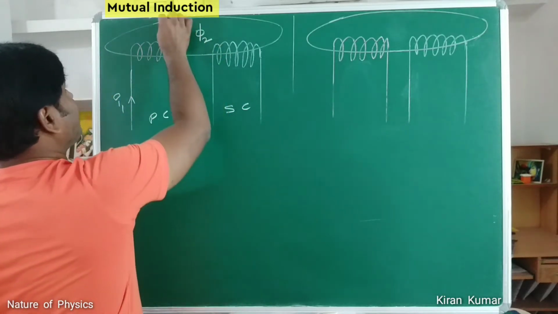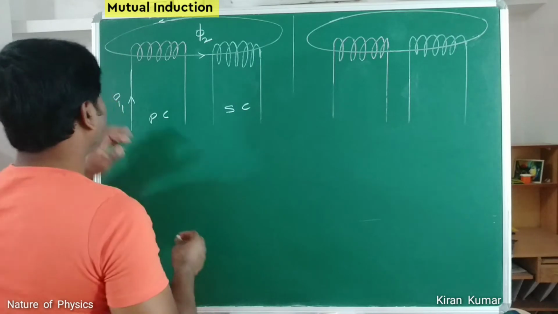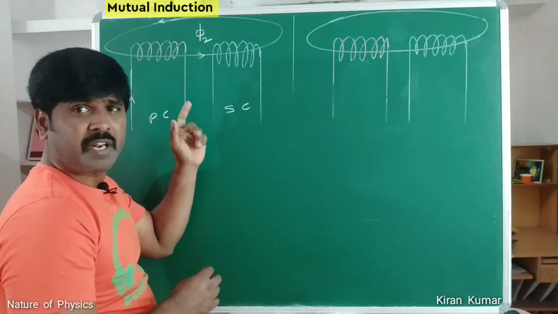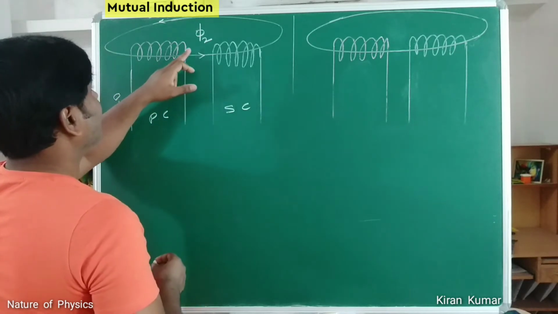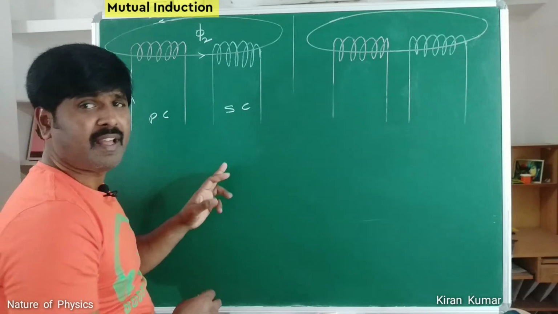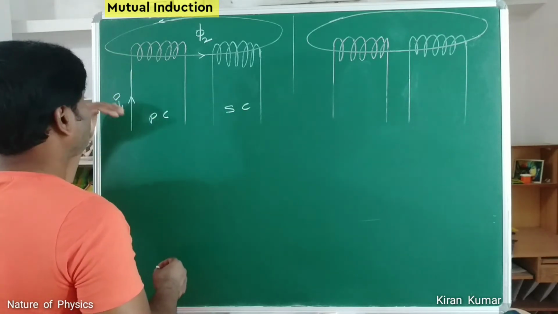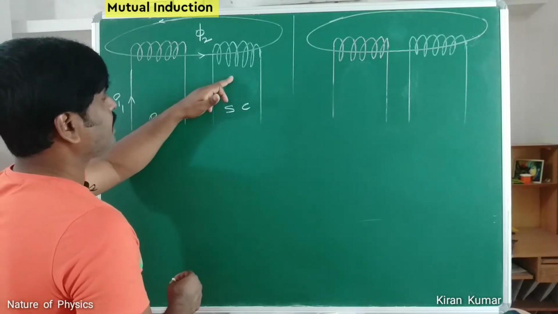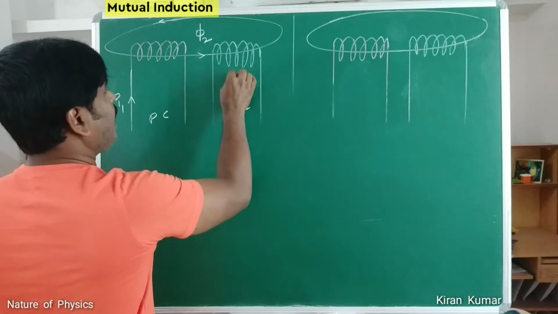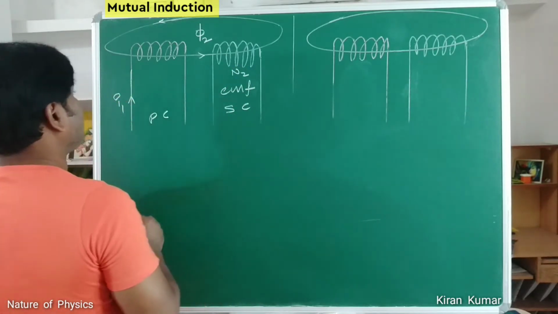The direction of the magnetic flux is anti-clockwise because the current changes in the primary circuit, and this primary circuit acts as a north pole and this acts as a south pole. Magnetic lines release from the north and enter towards the south. Whenever magnetic flux links with the secondary circuit, EMF is induced in the secondary circuit, and N2 is the number of turns in the secondary circuit.